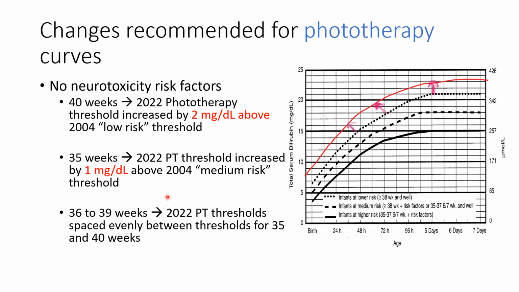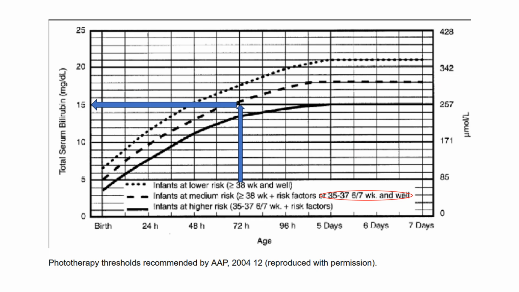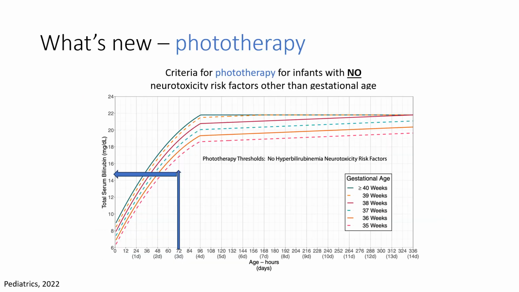Anything between 36 and 39 weeks, they moved in between, and that means only by 1 milligram per deciliter. So let's give an example. If you have a premature baby, 72 hours old, and the bilirubin level is 15, by looking at the old guidelines, it's at the phototherapy level or phototherapy threshold. With the recent guidelines now,